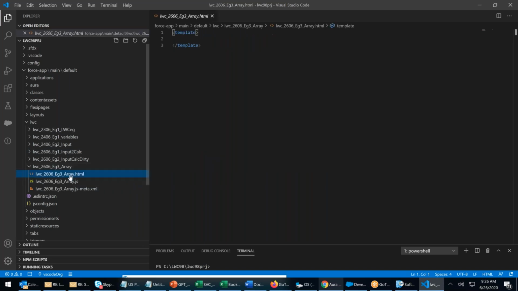Array, array.html. Whenever it's an array, more than one data, can you put them in one field? No. Whenever it's more than one data, Rupam, Ravi, Sham, Swati, X, Y, Z, how can you adjust them in a single field? You cannot.